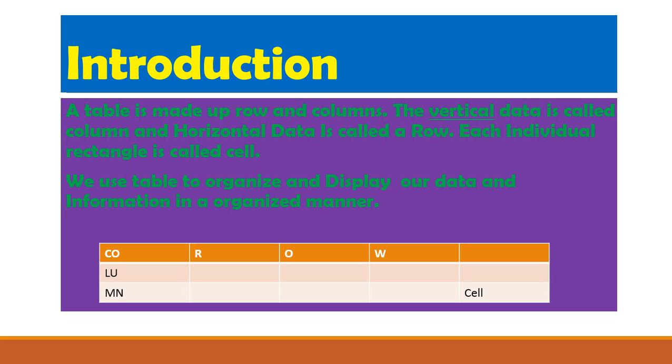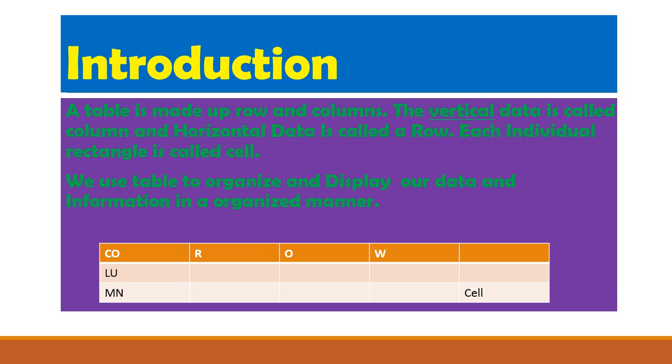लेकिन उन सब सिचुएशन से बचने के लिए हम टेबल बनाते हैं, जिससे हमारा जो भी डेटा होता है, जो भी इंफॉर्मेशन होता है, वो एक ब्रीफ मैनर में और एक कॉम्पैक्ट मैनर में हम लोग अपने व्यूअर्स को दिखा सकते हैं. We can show our data in a compact manner, in a brief manner we can show to our viewer, and it's very easy to understand also.